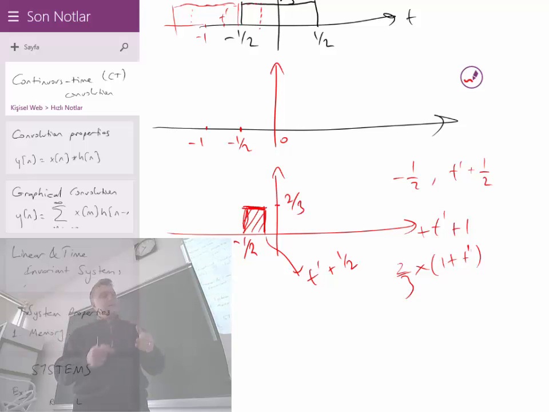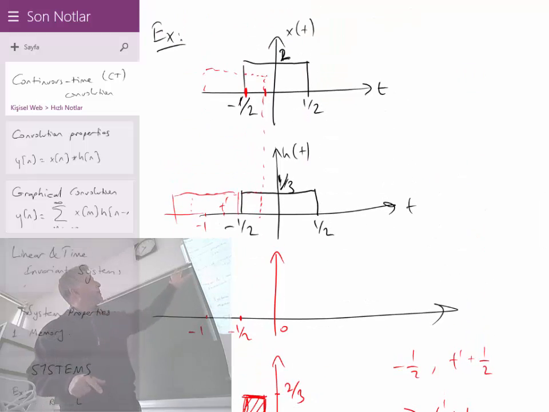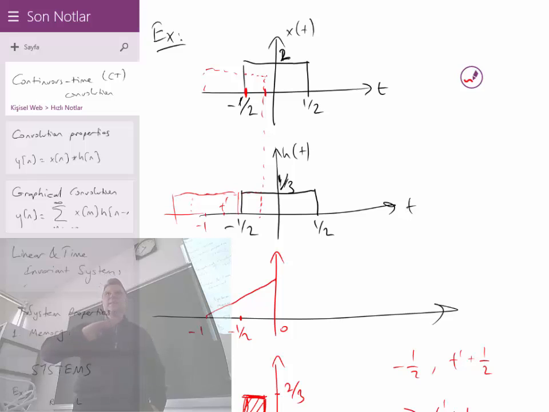Then the overlap of this left-hand side red box will be maximized. It will be completely overlapping in the center. And if you try to draw it, it would be something like this. A steady increase up to 0. And at 0, it reaches a point. That point is the level that you must mark in your graphic. And that level is what? It's the multiplication of these two rectangular boxes.